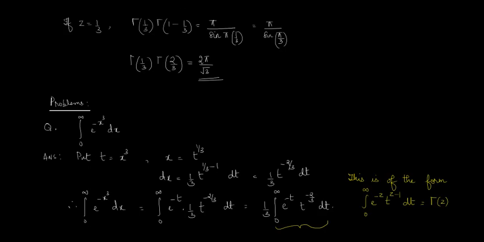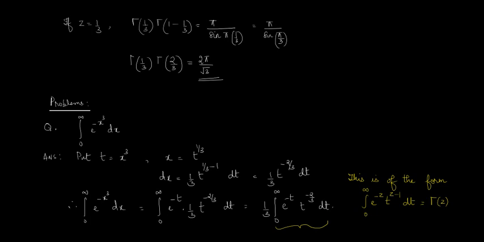Using this reflection formula, you can find out several factorial functions and their connections. So when you plug in z equal to 1 by 3, you get gamma 1 by 3 into gamma 2 by 3 is 2 pi by root 3. Just do it for yourselves. It's quite easy. Now let's see a problem